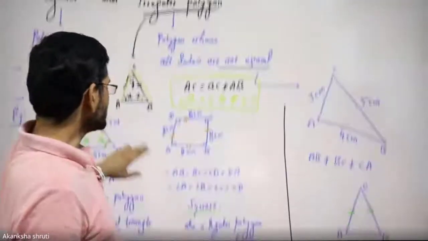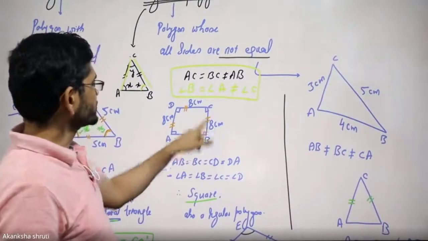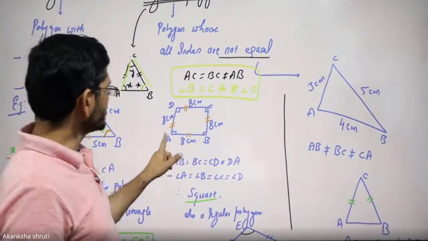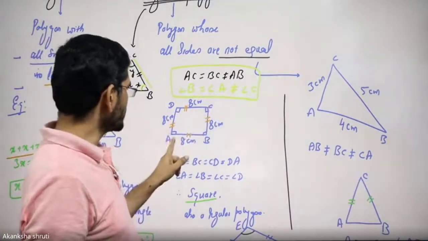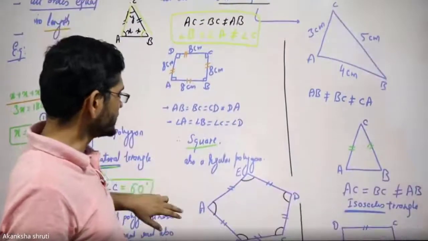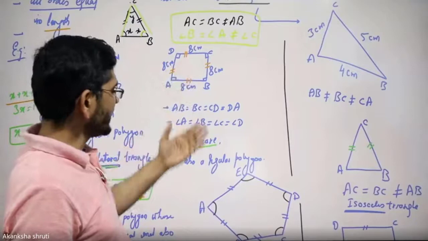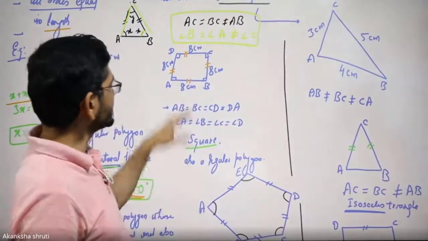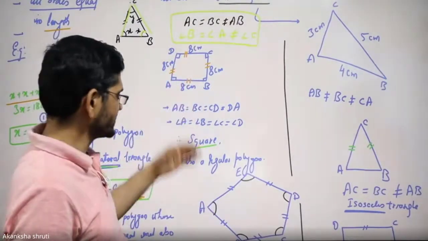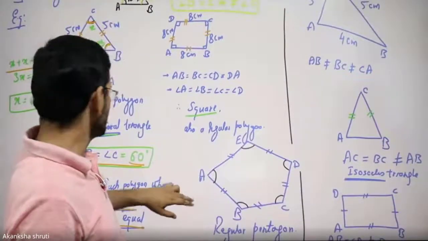Students, if we consider the quadrilateral, the square is the one in which all the sides are equal, and each of the angles is 90 degrees. Okay, students, if these sides are not equal, meaning they are different, that is simply called the quadrilateral. If opposite sides are equal, that is called the rectangle or parallelogram. Those things we have to learn in more detail.